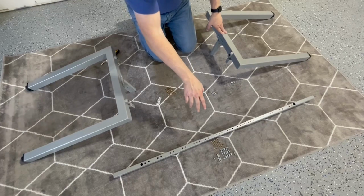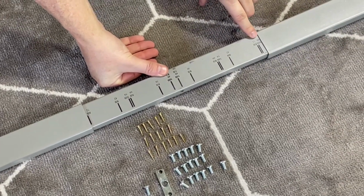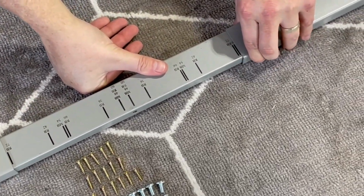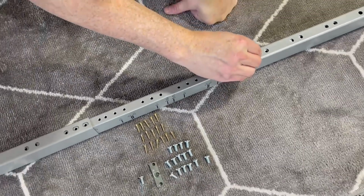Now your main assembly bracket here has markings on it that say things such as main beam 60 and you line up to it. What we suggest is you get those lined up pretty close to where they go, stand it upright, and then just thread in the first couple of holes